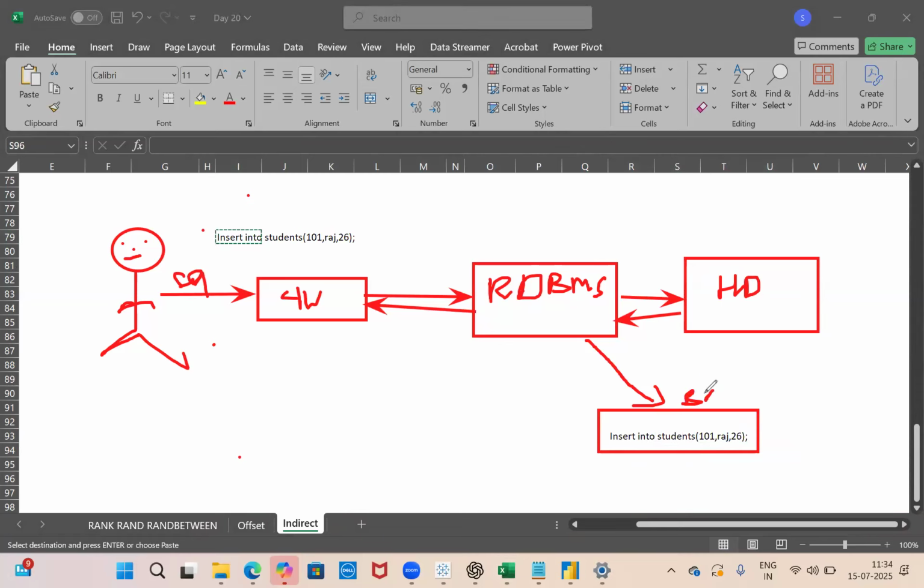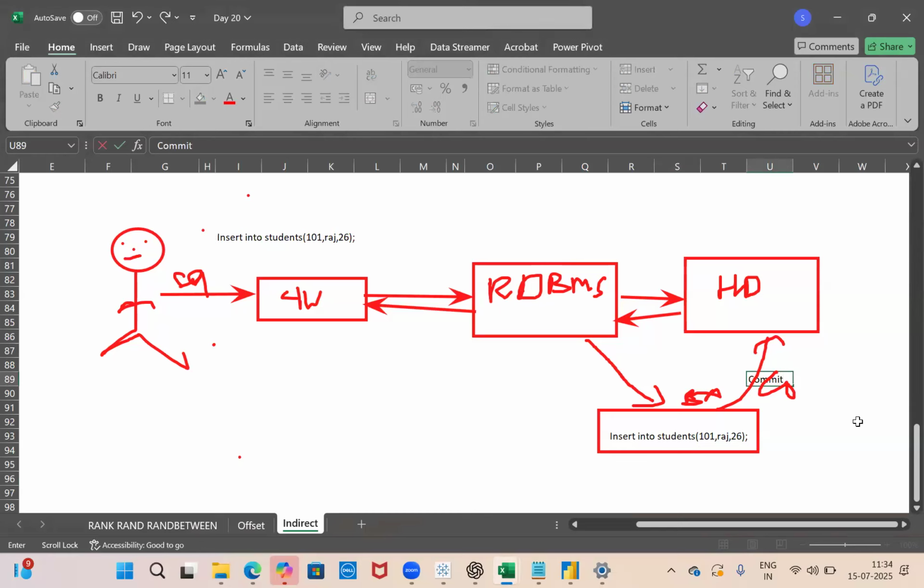Buffer account is nothing but you're giving a second chance, whether to save it or to roll back. Now, this buffer account, you go and read this command a second time. If you're accepting this, you will go and say commit. When you say commit, it will permanently